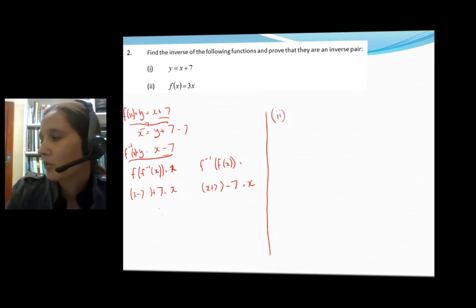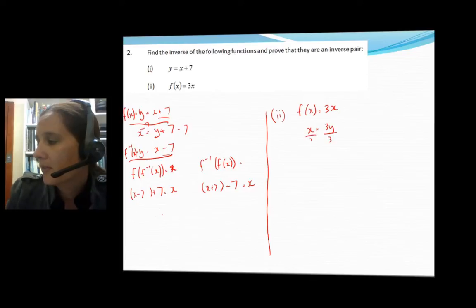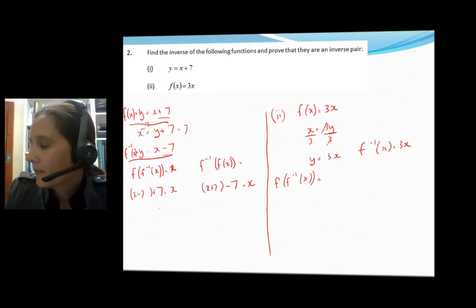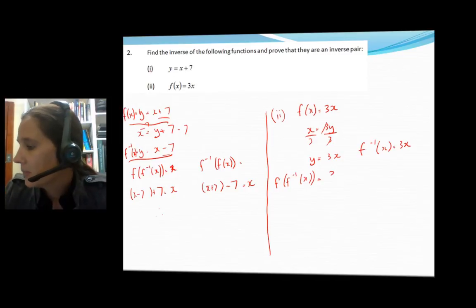Similarly for 2, we have our function of x is equal to 3x. So we're saying here x is equal to 3y. Divide by 3, divide by 3. y is equal to x on 3, and this is our inverse function of x is equal to x on 3. So our function of our inverse function of x here, our function of x is 3 times x, and we're putting in,